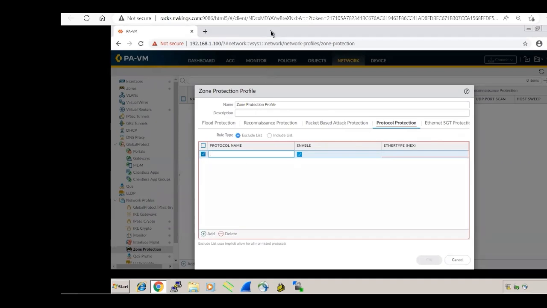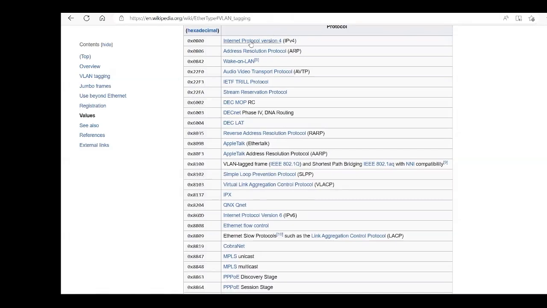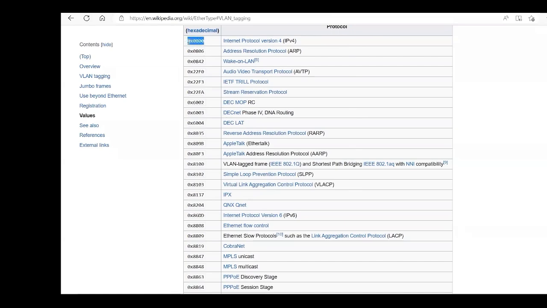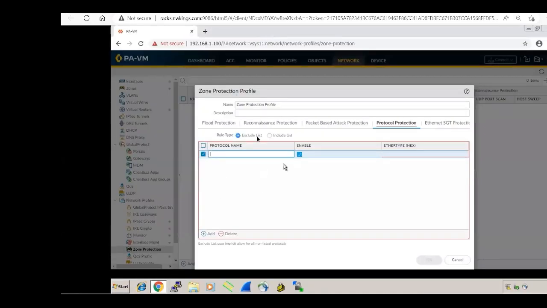Ether type. This is for the ether type, like Internet Protocol. The hexadecimal value is some kind of stuff. See that. So these are the protocols, and this is their hexadecimal value. So if you like IPX, okay, the hexadecimal value is 0x8137. So these kind of things, if you want to exclude it or include it in the protection rule, okay,